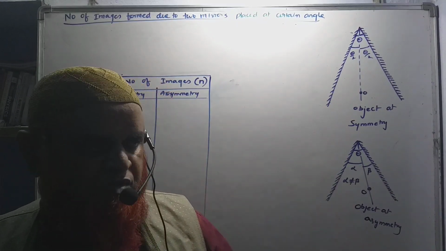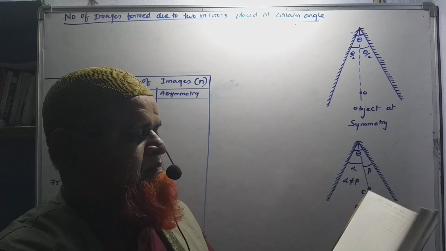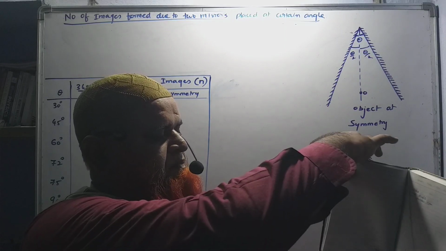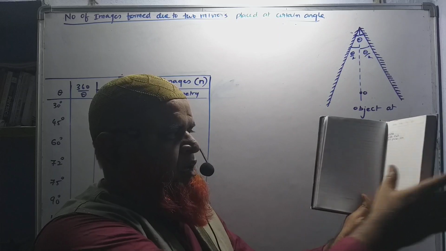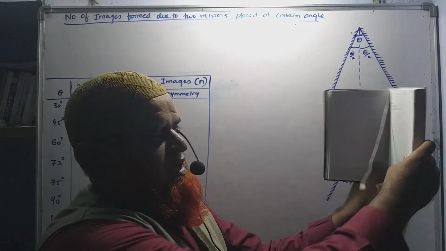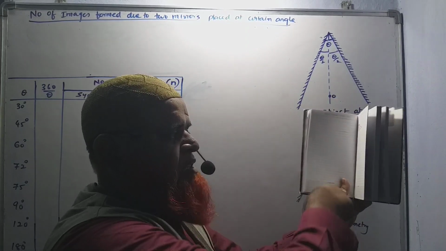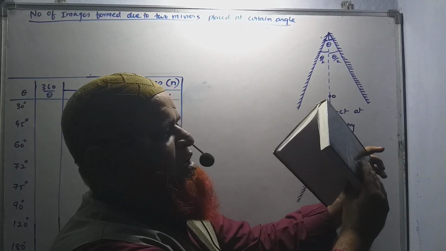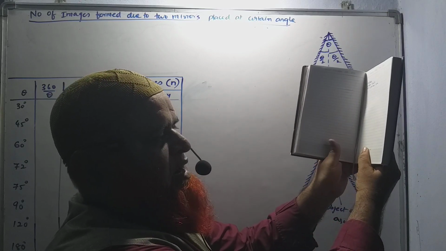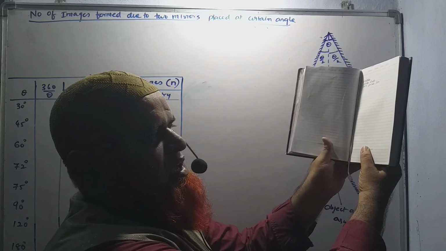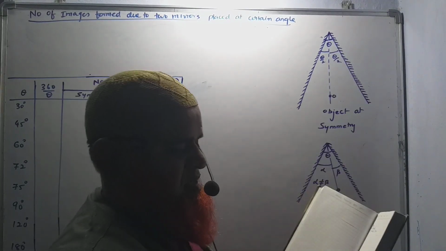Today we are discussing a different concept. Let us consider these are the two mirrors. This is one mirror, this is the other mirror. So two mirrors you have placed like this, adjacently, at a certain angle in the middle, and you are slowly changing the angle. You have taken 30 degrees, 60 degrees, 90 degrees, 120 degrees, 180 degrees, like this. So you are changing the angle between the two mirrors.